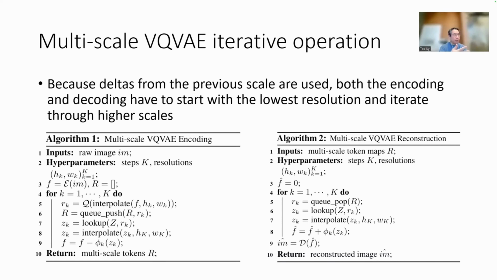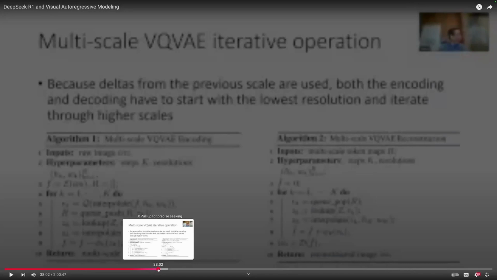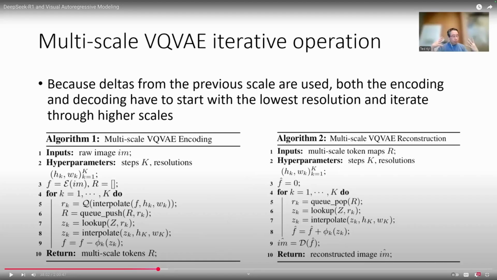So the training is the multi-scale VQ-VAE. Jerry, if you don't mind going back one slide. Perfect. Just a little bit of additional color: on the left is the algorithm for encoding. It takes the full image and scales it down by a factor of 16, and runs that one patch